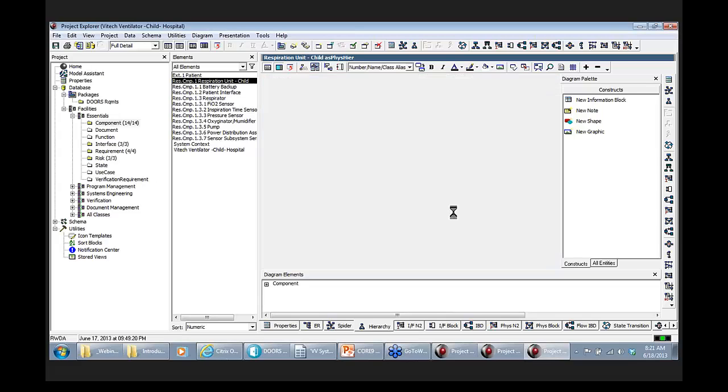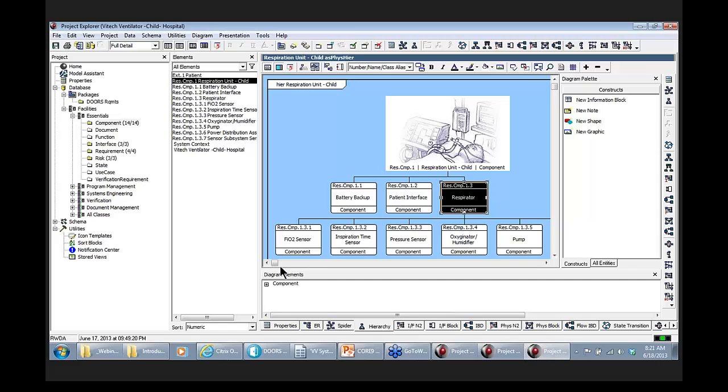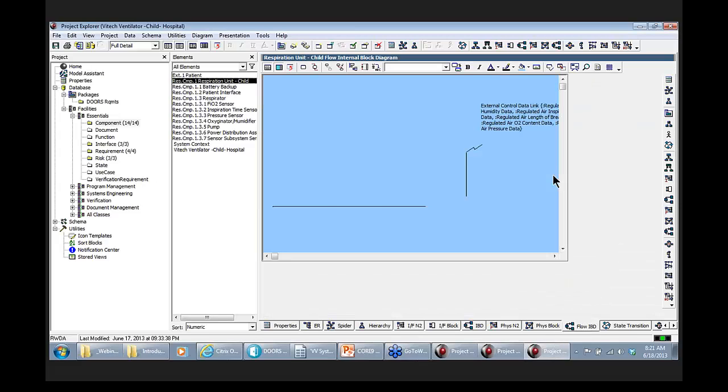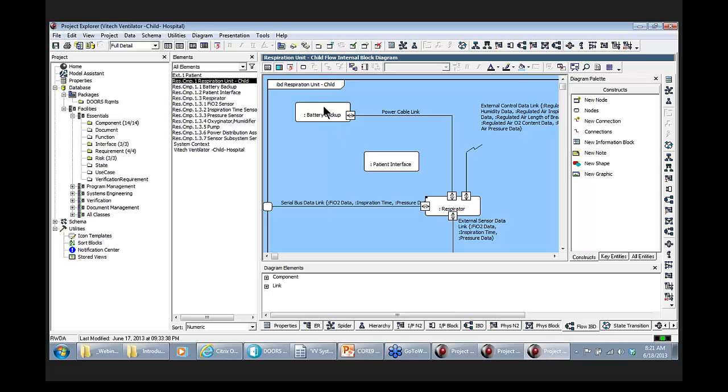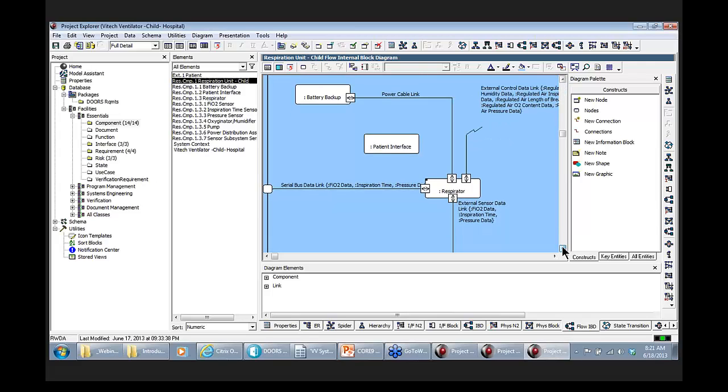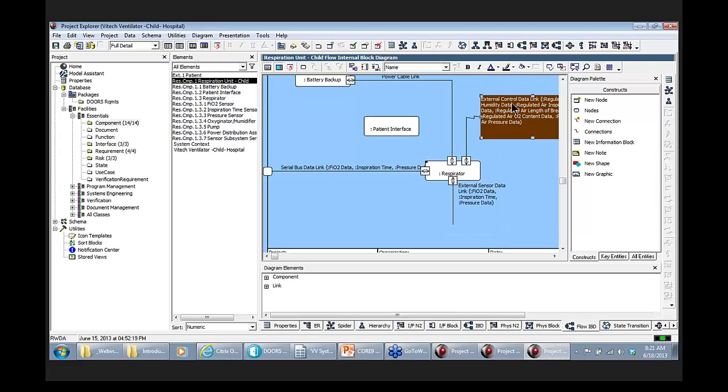The control system we'll look at a little bit. With Core, of course, you have the basic capabilities where you can look at the product hierarchy and stretch these things out. You can also look at it from a different perspective, like a flow perspective. Here you can see the exact same subsystems, the battery backup, the patient interface, the respirator, and some external interfaces that later on we'll connect with other subsystems to make the total system